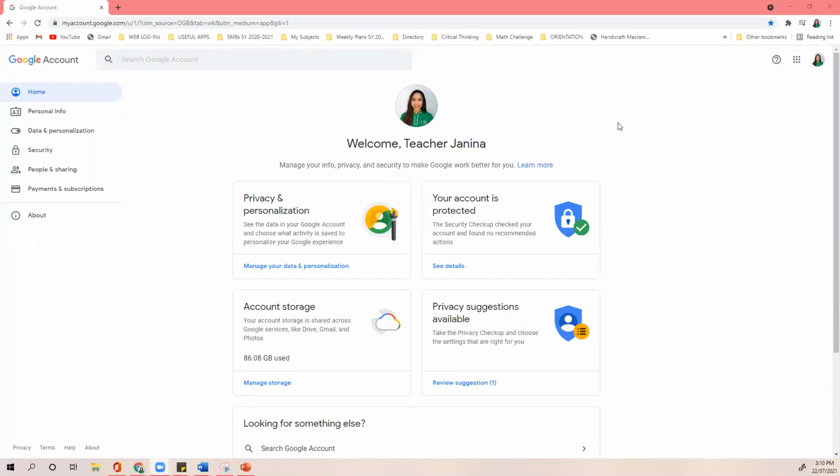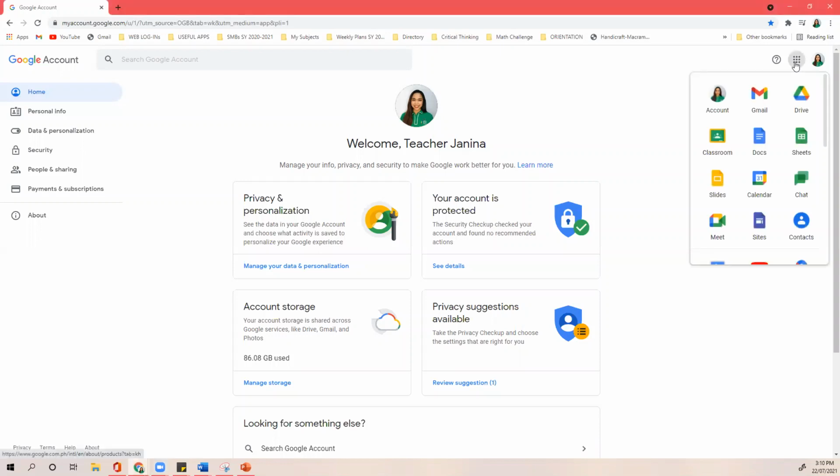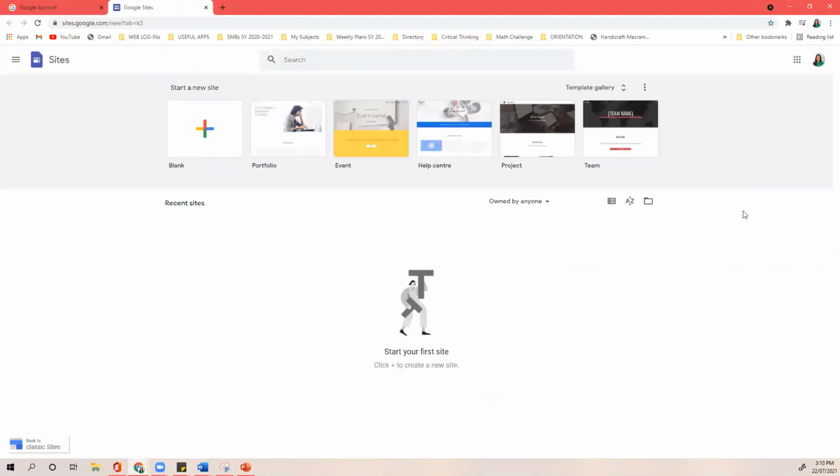Hi, so this is how I'm going to teach you how to create your own website using only Google Sites. First, you need to tap on the grid of the Google apps and then look for Sites. Then click Sites, and after that, it will lead you to this window